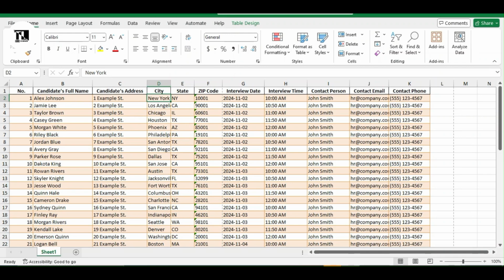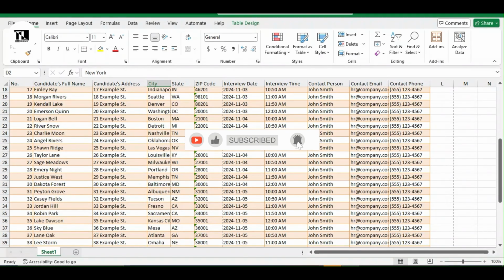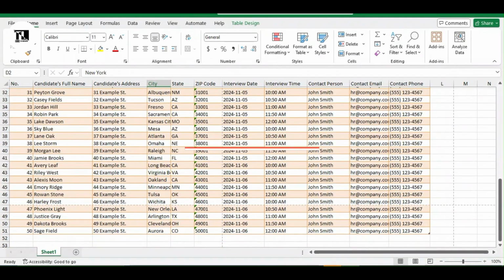In this session, we will learn some Excel tips for printing purposes and saving PDFs from our Excel sheets. How we can make attractive documents, attractive PDFs, or print our sheets and our data in Excel sheets. Here I have 50 candidates' data,